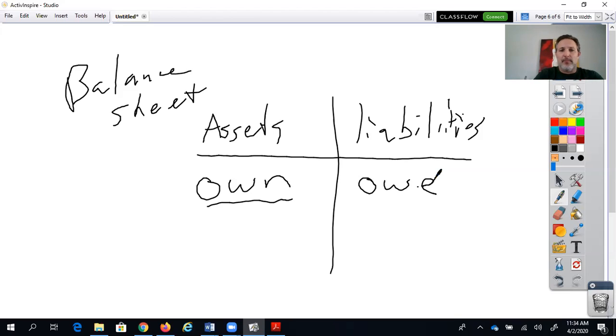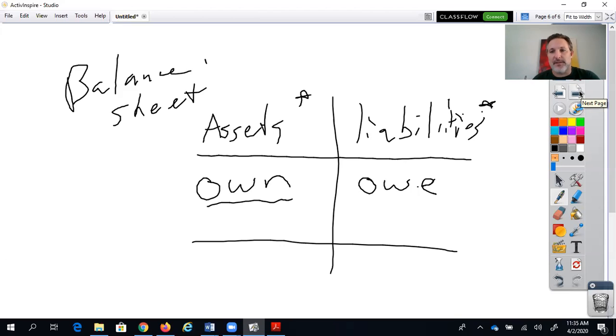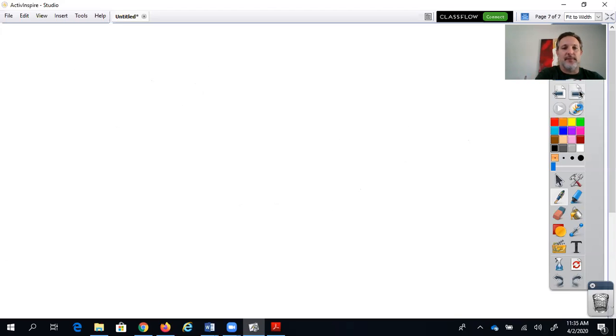As its name implies, a balance sheet must balance. You see how the T account is there: on the left is always assets, on the right is always liabilities. The two sides must balance. So if you have an entry on the left side, you must have an entry on the right side. That way, at the end of the month, you know the balance sheet's not off and you haven't made a mistake. You can have a balance sheet of an individual person, so if this is my balance sheet,